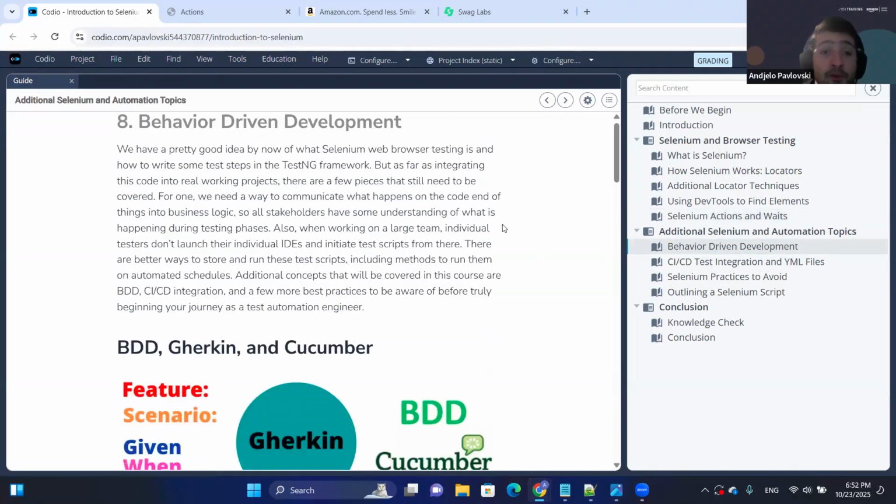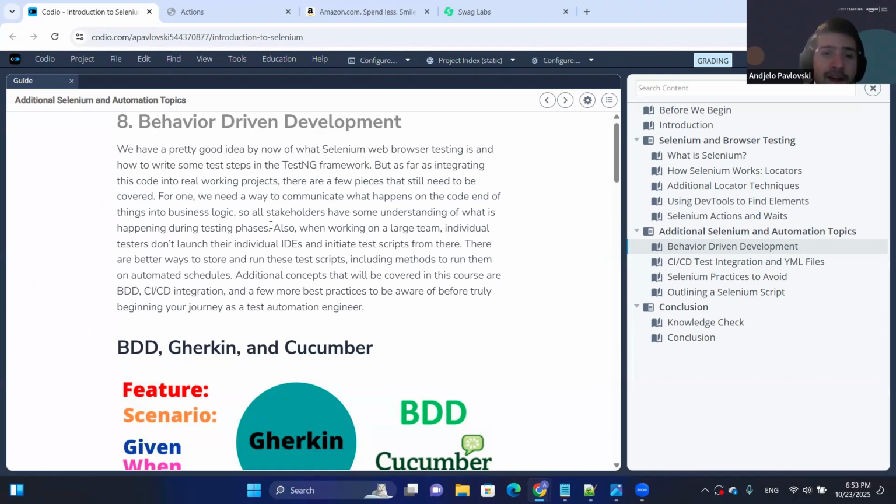Okay. So, what is behavior-driven development? Basically, behavior-driven development was added as an option, especially for automation testing, so that there is a more clear picture of what we are testing, not only for us and for developers, but for the clients, for the project manager, for the stakeholders, so that everybody can get an idea of what we're trying to cover with our automation tests. So basically, behavior-driven development is based on a methodology known as Gherkin, and